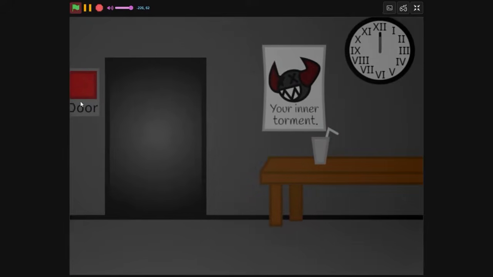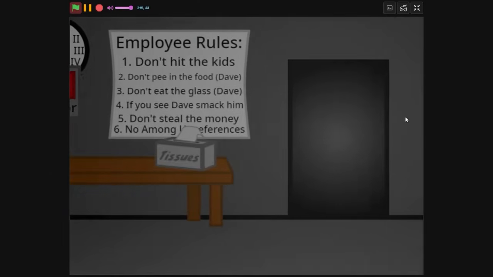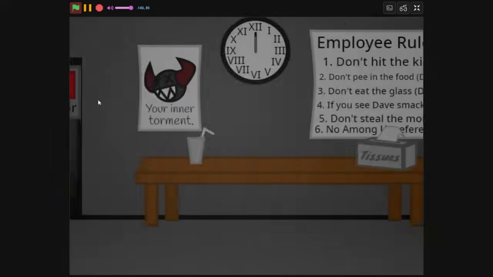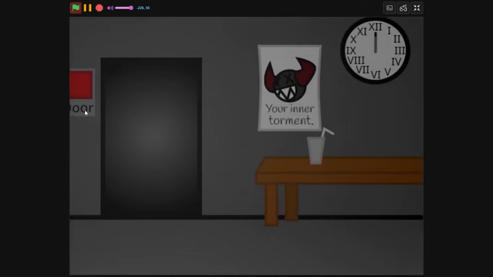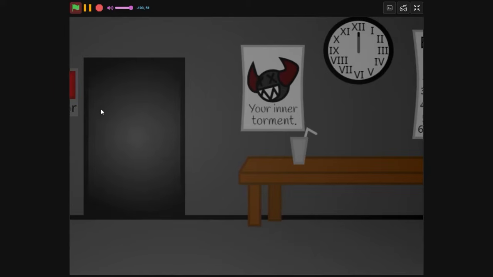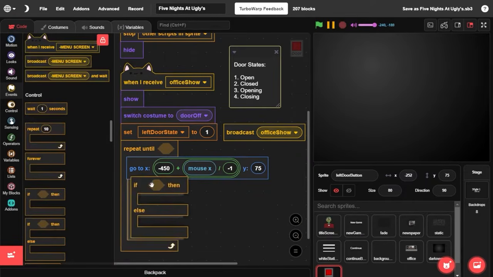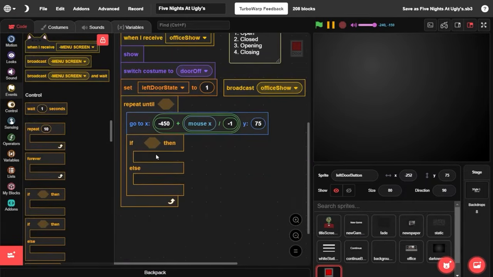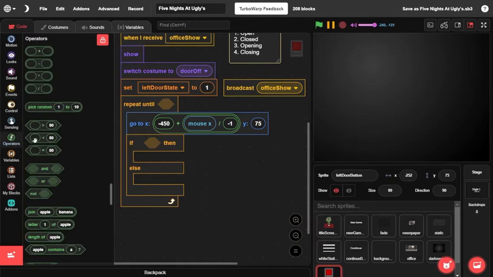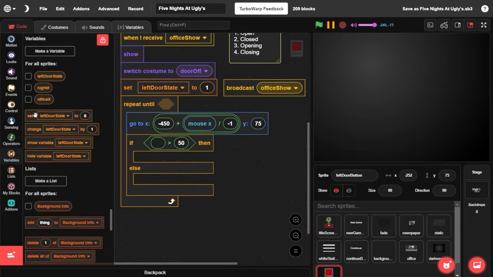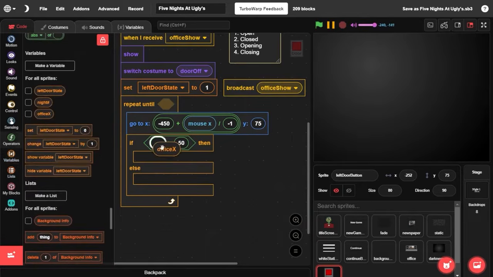Now you'll see that when we move our mouse this way, the door button actually follows our mouse cursor, which we don't want. We want it to hide once it reaches a specific point, most likely the point where it starts to follow the screen. So what we'll need to do there is grab an if-else statement and put it underneath our go-to. Inside of this if-then, we're going to go to operators and grab a greater than symbol and put this inside. We're going to come to variables and grab office X, put it in the first bubble,